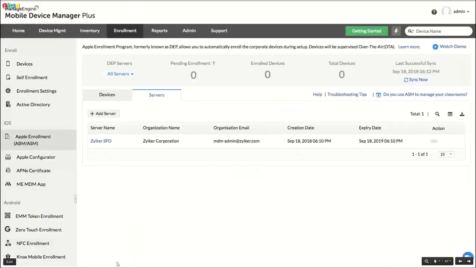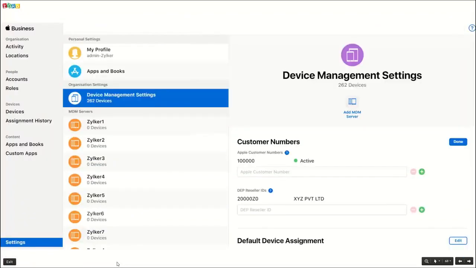And you'd even be able to choose the customer numbers and the reseller IDs here. I'll tell you the benefit of providing this information on the ABM portal. Let's assume that in the initial phase you onboard 10 devices and test these features, and you're going to procure more, like 100 devices, down the line. You don't have to go to the ABM portal, select the device